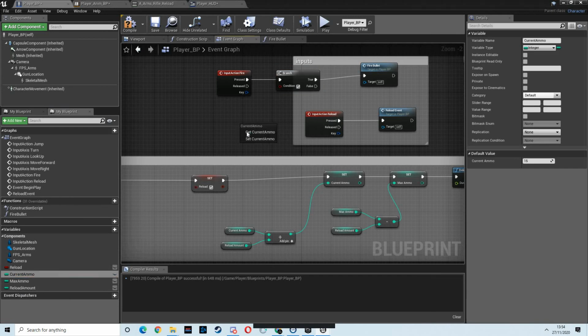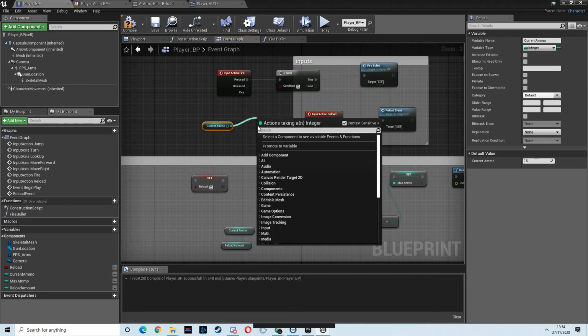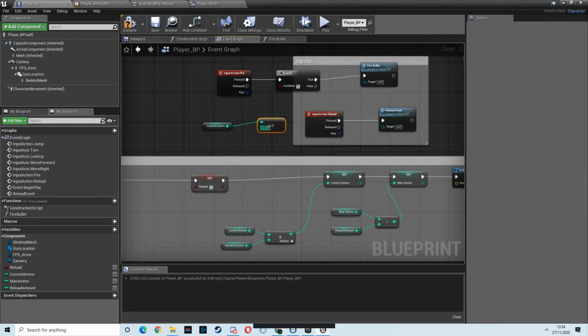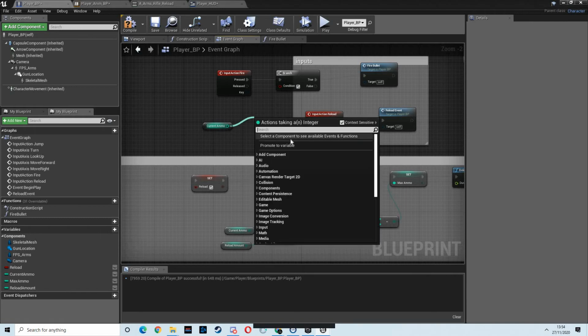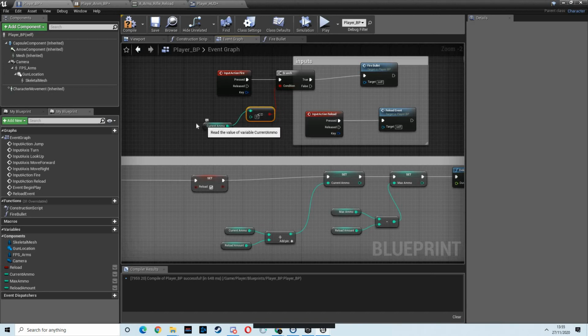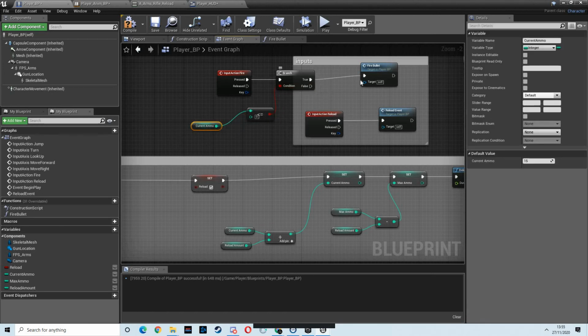So get current ammo, drag out, and we want to see if it's equal or above 0. No, less than or equal to 0, and if that is true, then